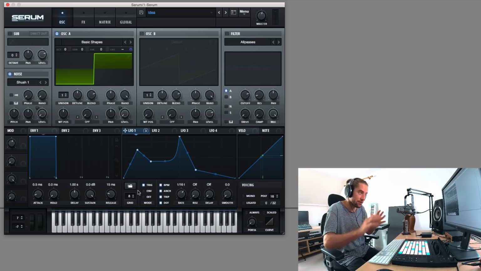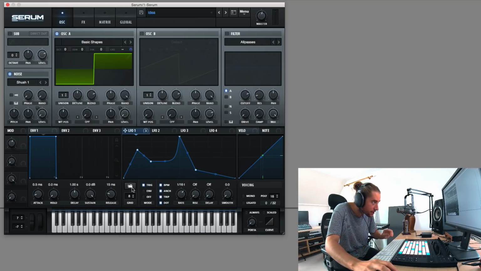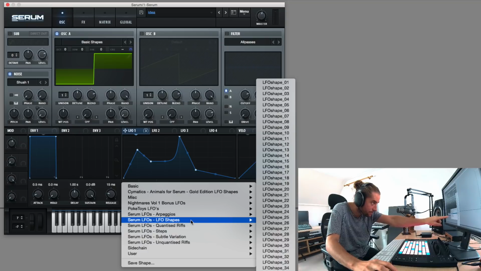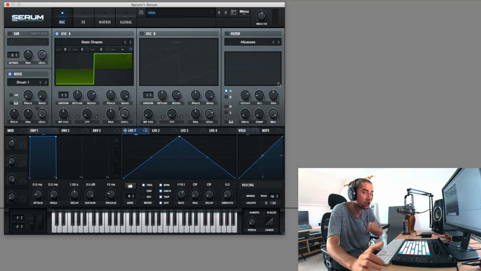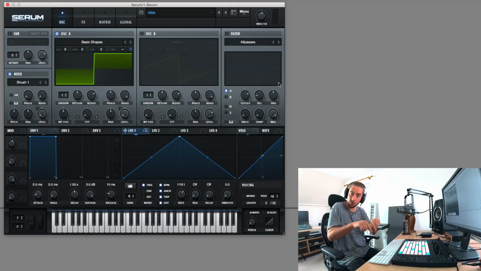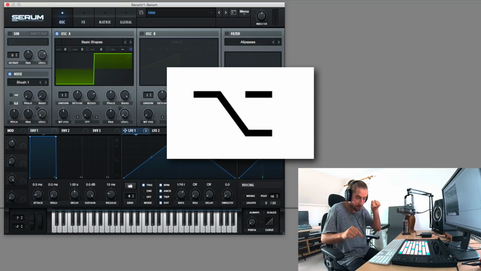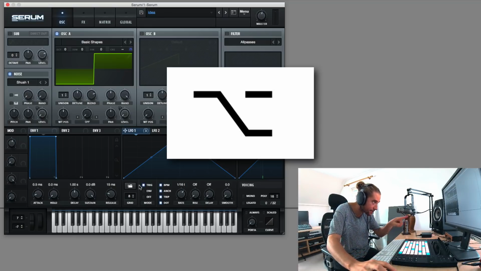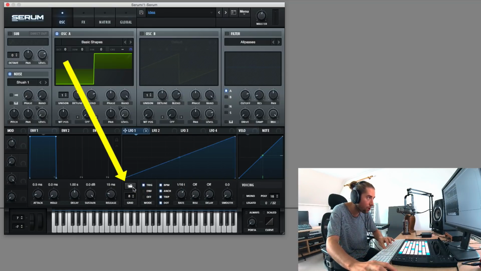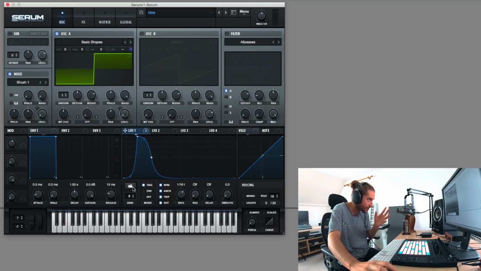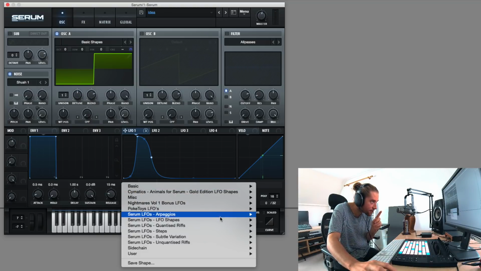Instead, what you could do if you have some LFO shapes is choose one. So I can go to Serum LFOs, LFO shapes, choose the top one. And then while holding the Alt key, which is the Option key on a Mac, this little squiggly symbol here, while holding that button and clicking this guy, it cycles through. So you can very, very fast